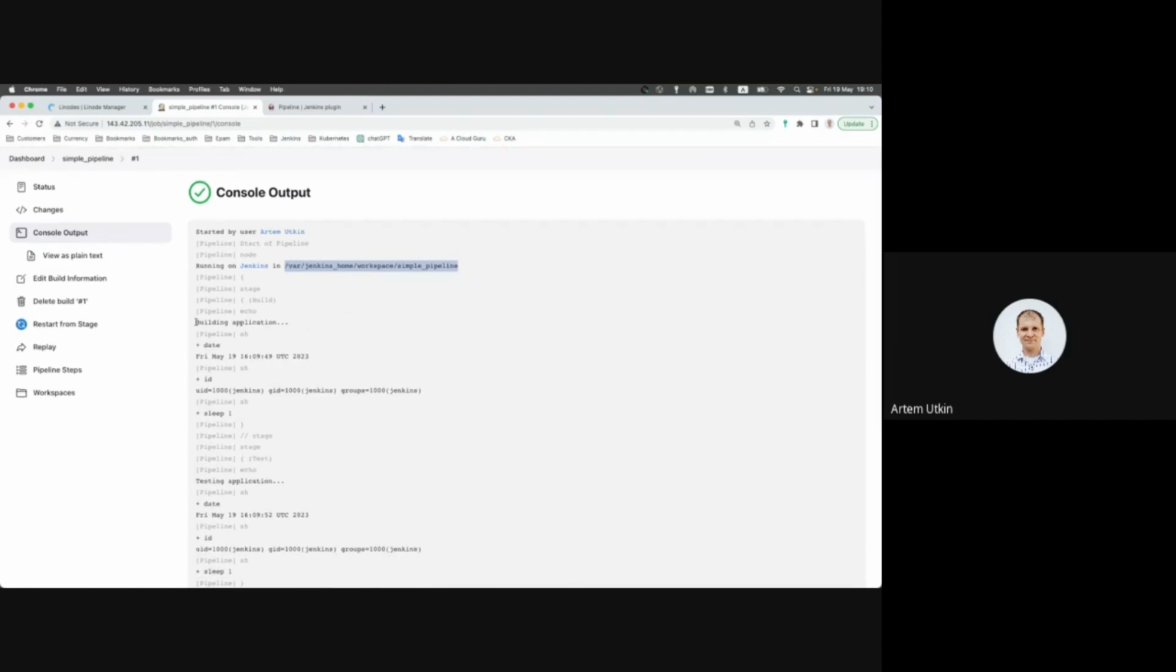Then the building application step, our command date shows the current date, and the command id shows us the user Jenkins. I was talking about it in lesson 1 when we were changing ownership of the directory, and here we can see that yes, we are using Jenkins with the ID of 1000,